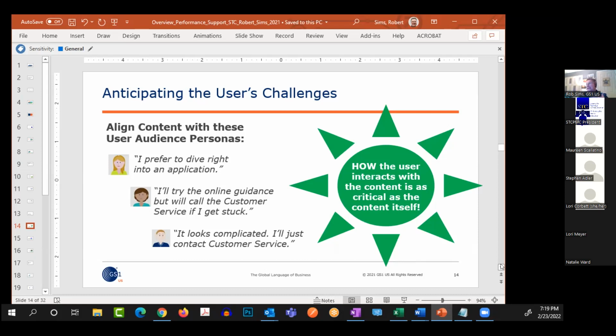What I find interesting in the little green sun there is how the user interacts with the content, I think, is as critical as the content itself. And if we could just get the first 2 folks, but I think that 3rd person might call anyway, but if we could just get the first and second person to interact a little bit more with the software in a user-friendly way, then they'll get the results they want, and they won't have to contact the member support or customer service desk because they've gotten through the process. And we may even make them happy enough where they're engaged and happy and want to do business with us and talk nice about us to other folks, which is very important to us.